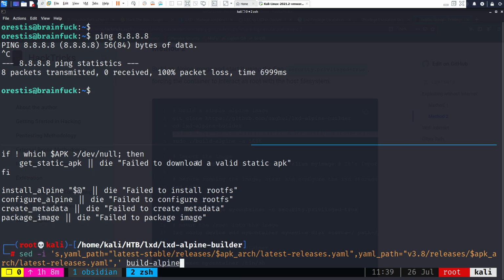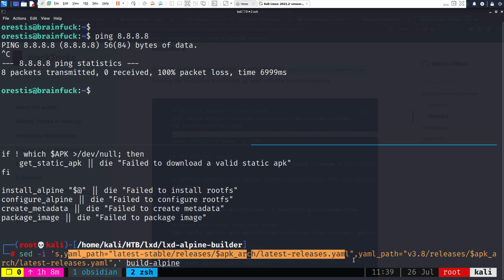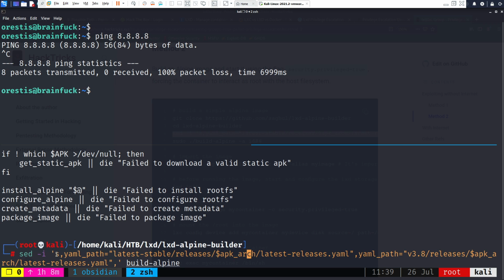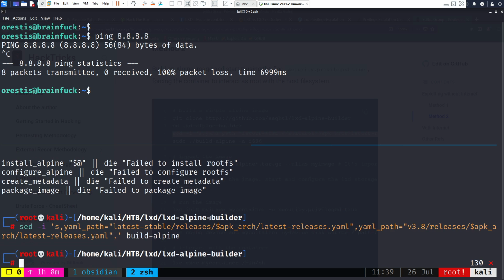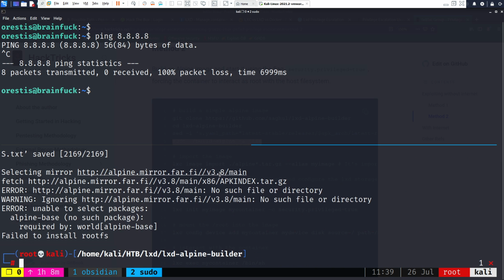What was the command? sed, blah blah blah. Oh, he is basically changing whatever it is to this one. One of the issues we had earlier with this page was that it didn't have a version 3 point in front of it, which made it hard, so it didn't run. But with the sed command, we are changing this information to the correct path. So the rest of them should work from now on. Let's build it. Build. Fail